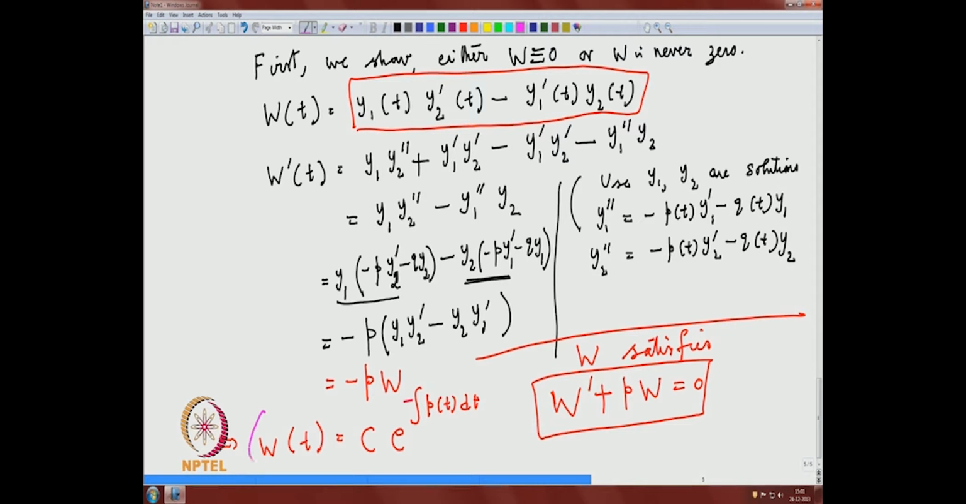So, you see w satisfies this equation, and in this case this exponential part can never be 0. So, the w can be 0 only when your constant is 0. So, when the constant is 0, w t will be identically 0. When the constant is non-zero, then the w t can never be 0. So, the first part we will show is the result that w is identically 0 or w is never 0. So, you see, to prove the proposition,